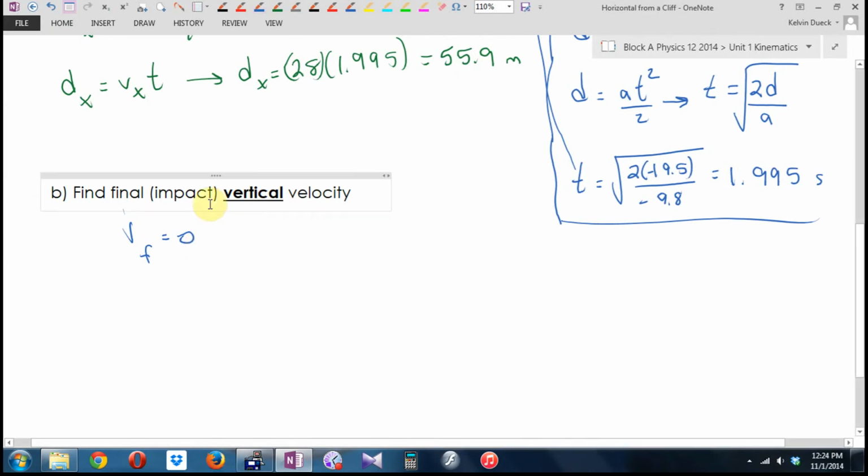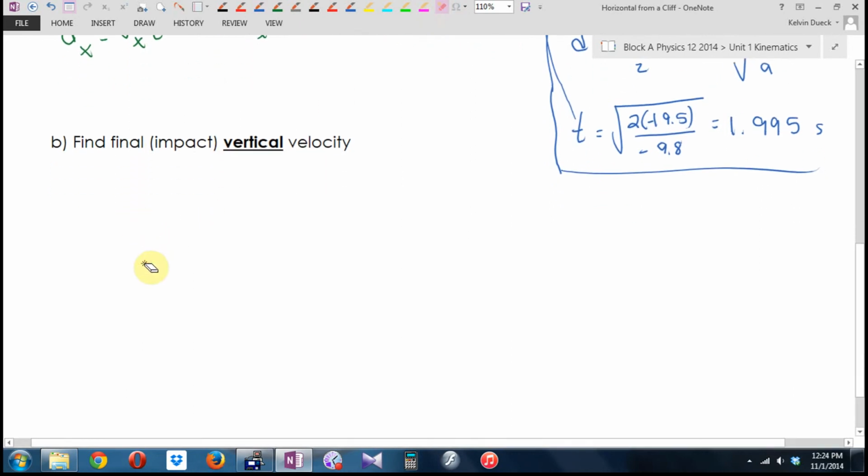I realize that. When I'm talking about the vertical velocity, the final vertical velocity, I mean the split second it hits the ground when it's still moving. And it's vertical. Did I say vertical? Let's relist my vertical data. I said AY was negative 9.8. I said VY initial was nothing. I said dy was negative 19.5. And I do have another value now. I know that time is 1.995 seconds. And they want me to find,